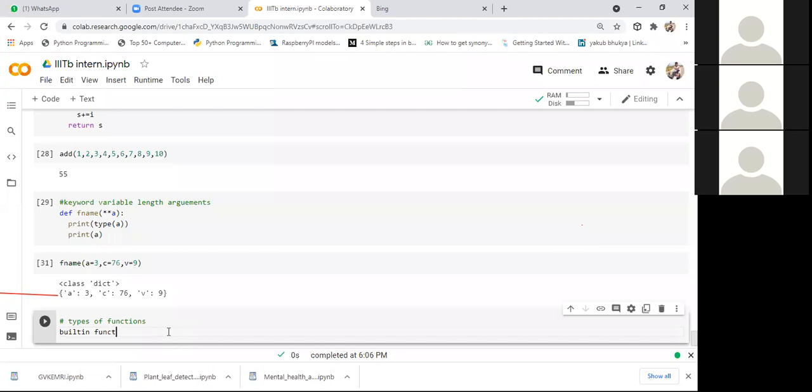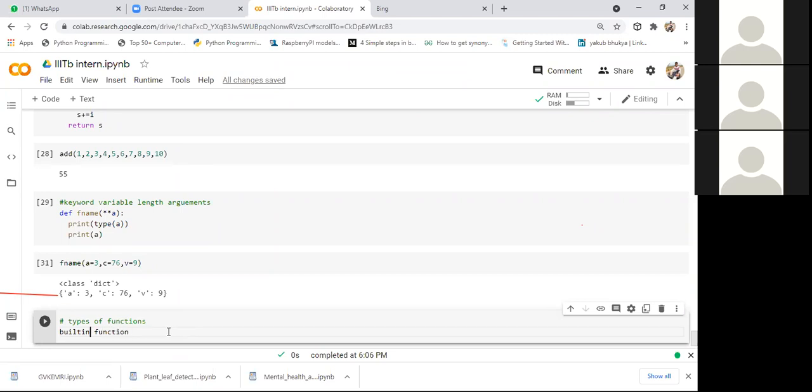Whatever functions we saw till now, like the type function, list function, int function, chr function, ord function, such kind of functions are called built-in functions. These are the functions which you get with the software itself.